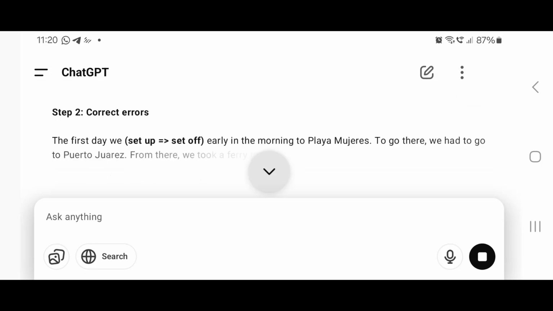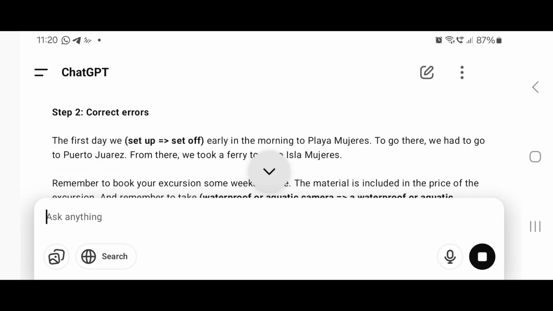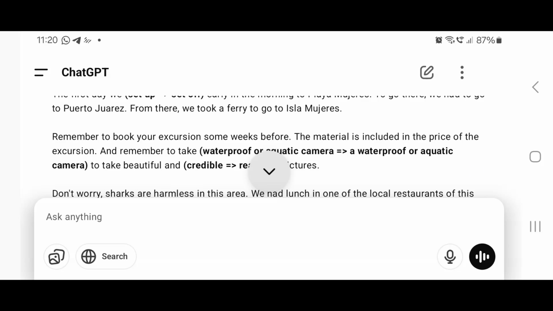Writing next and clicking the up arrow moves on to step 2, which is correcting the errors.